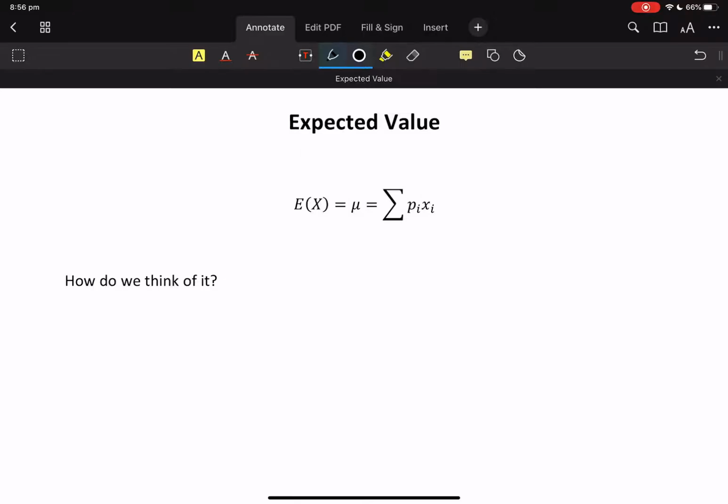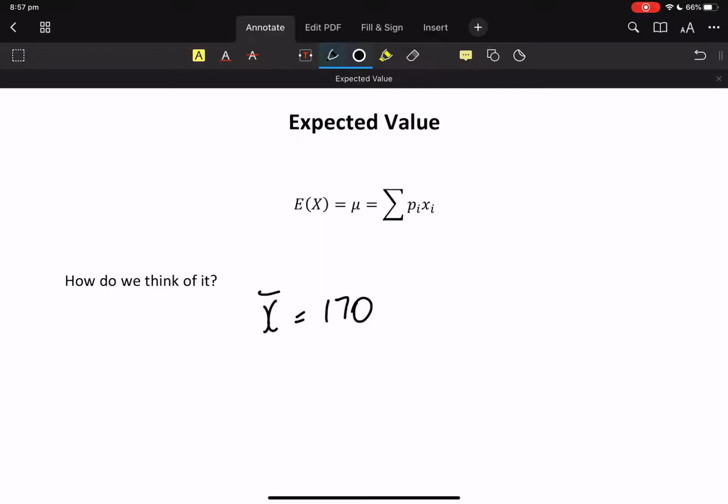Let's just say that I've got a really big class of students, 500 students. In grade 8, we would talk about the average height, and we would calculate the average height of the students by adding all their heights together and dividing by how many there are. Let's just say the average height of my students is 170. So that would be X bar, wouldn't it? X bar would be 170.